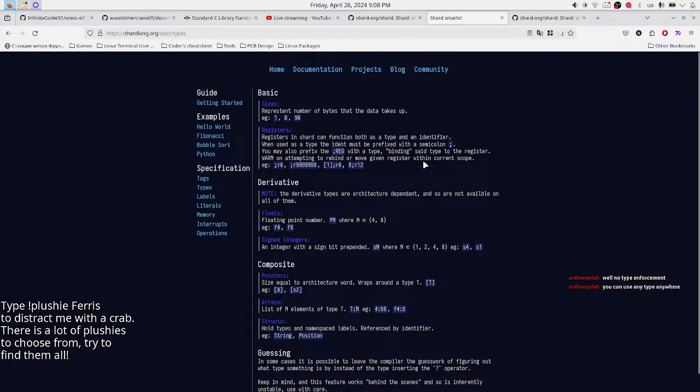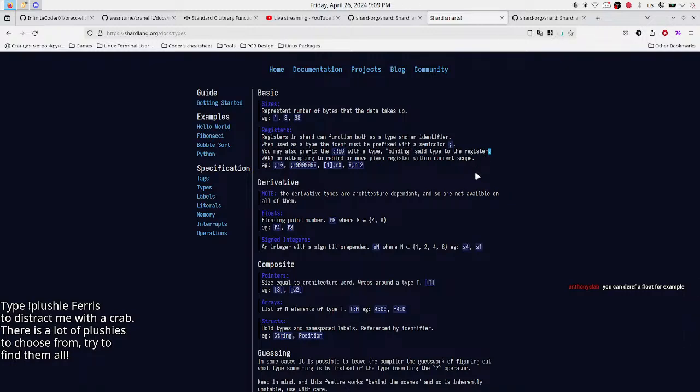When used as a type, the ident must be prefixed with a semicolon. You may also prefix the register with a type binding set to the register. What? Derive a float. Yeah.